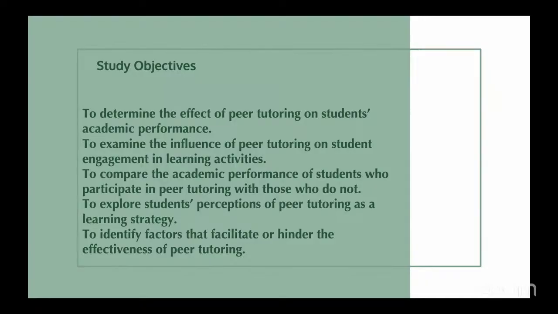Then to explore students' perception of peer tutoring. See, this can be quant as well as qual. So quantitative, you have a whole set of statements, you send a Google form or you ask them to tick some statements, say yes, no, or say to what extent you agree. So you have a scale of 1 to 5, that is called a Likert scale. So perceptions you have, or you may want to interview, you may really want to understand, say 5 to 6 students you choose and you probe them a lot. You have set questions, you probe them and find out their perception. So it can be both quantitative or qualitative, and identify factors.